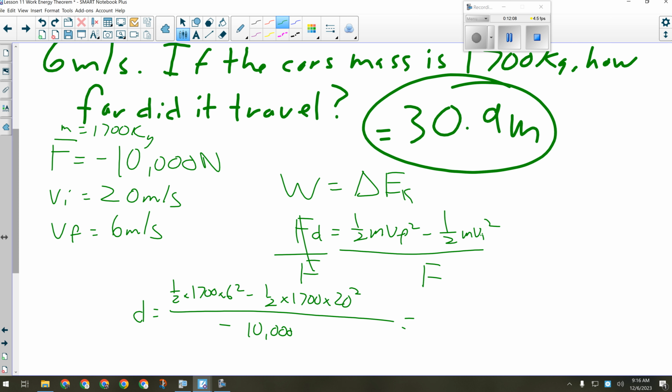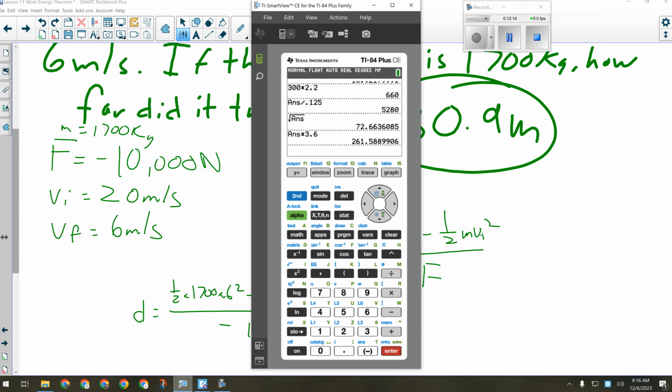Because the top is obviously going to be negative, this number is bigger than the number I'm subtracting it from. So we will have 0.5 times 1,700 times 6 squared, minus 0.5 times 1,700 times 20 squared, divided by negative 10,000,